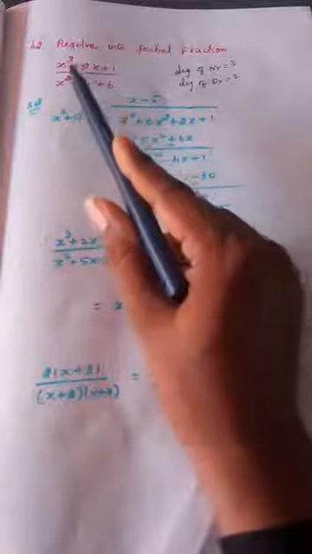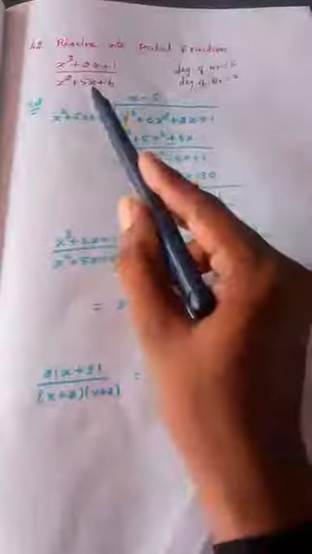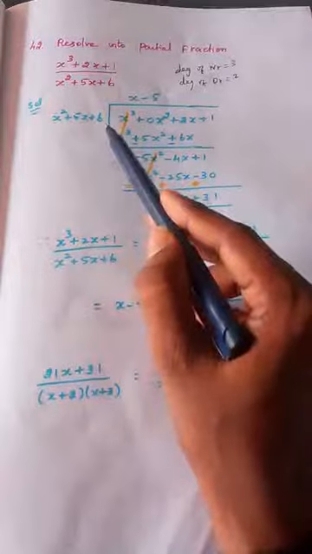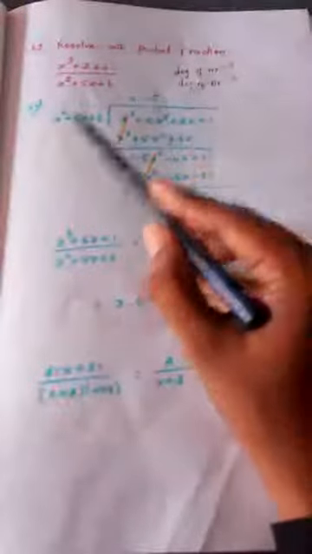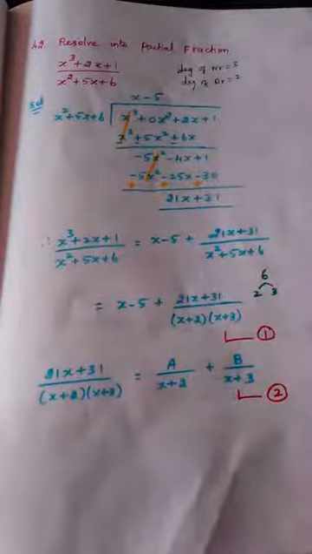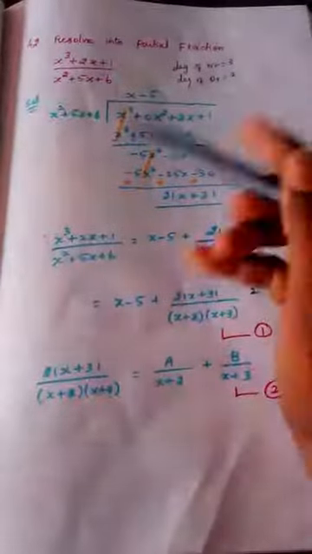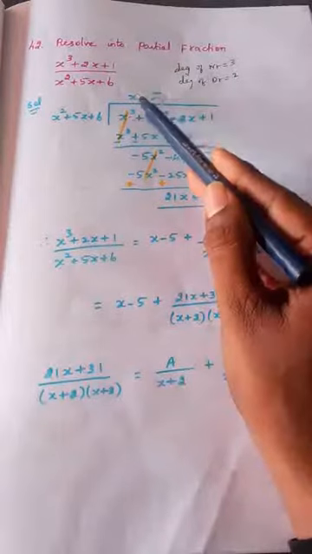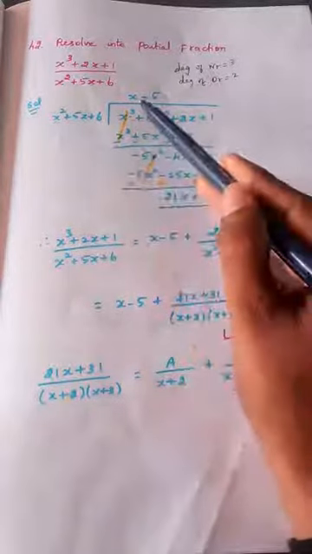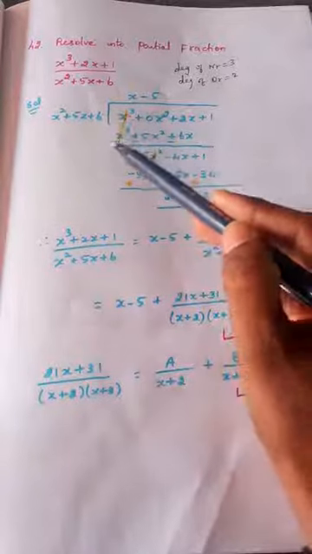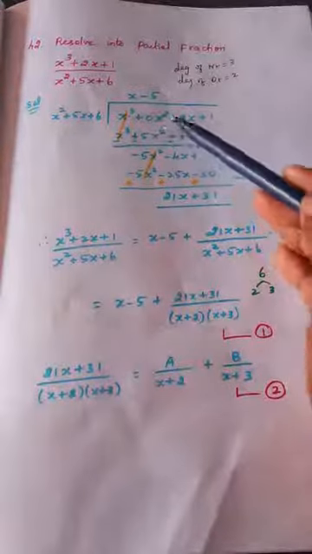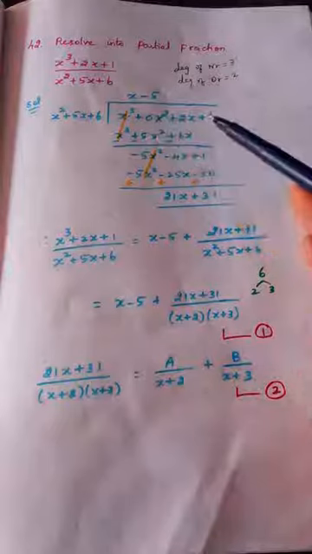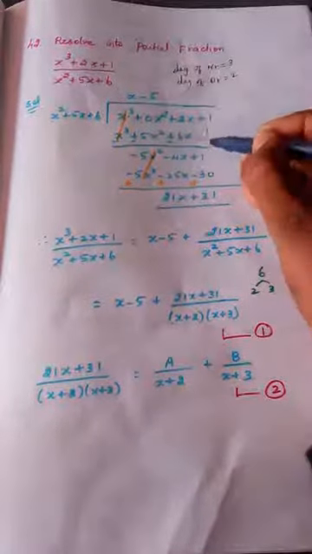So first the numerator should be written inside, the denominator should be written here, you know very well, and do the division. Why am I using x? X square is present here and x cube is present here. So if I put x into x square it will become x cube. Then multiply this x with all three terms and you will get this. Change the symbol and cancel. Simplify these two. Bring this 1 down.